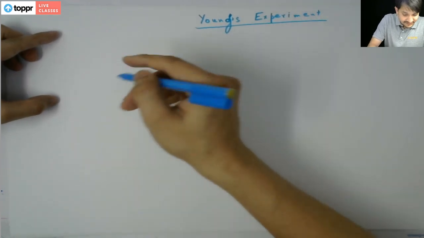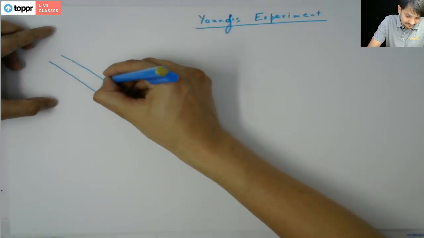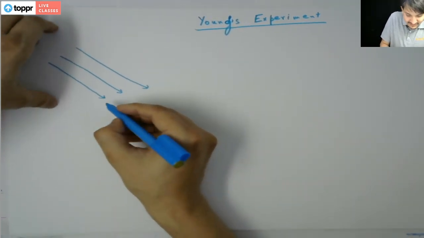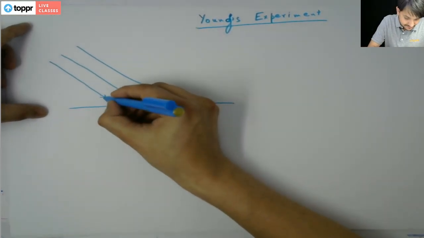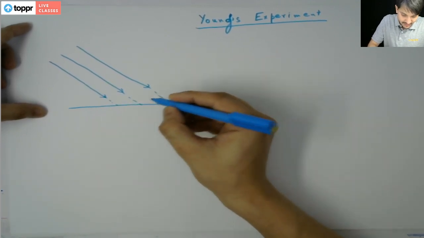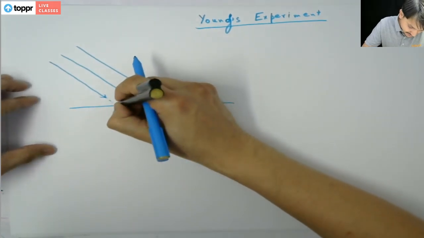First we are considering a ray of light which is falling on a surface, and we are observing its behavior. So we know it is following